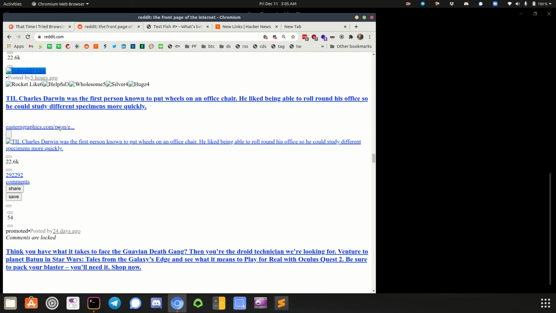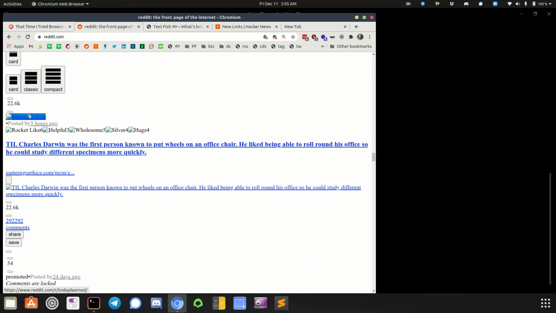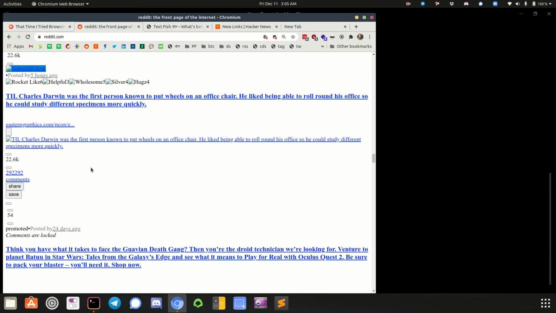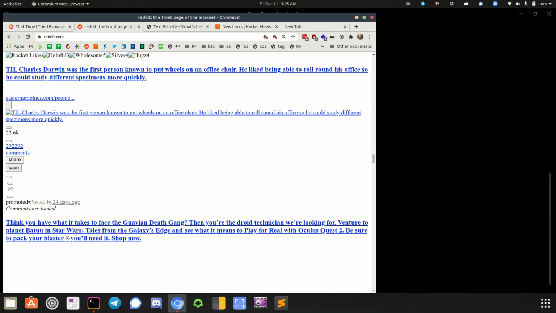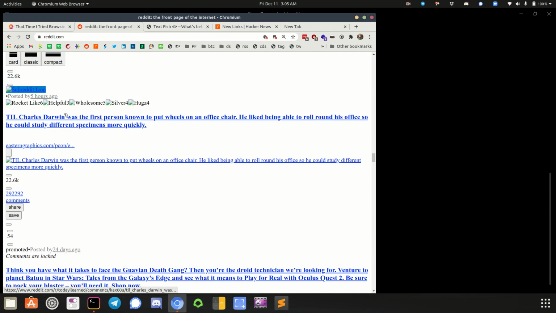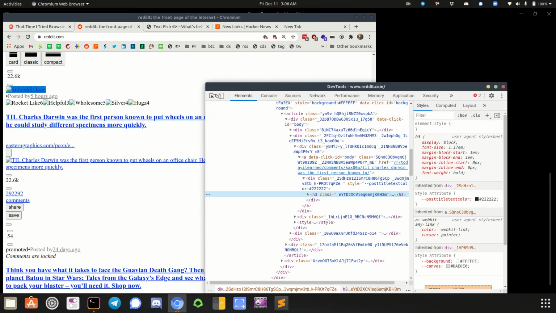Here we go. Here's the bottom. Broken images. Blue on blue. That's not good. So it's kind of hard to tell. They don't even use the semantic ordered list or unordered list. So I don't even know where one post starts and one ends. So let's see if we can